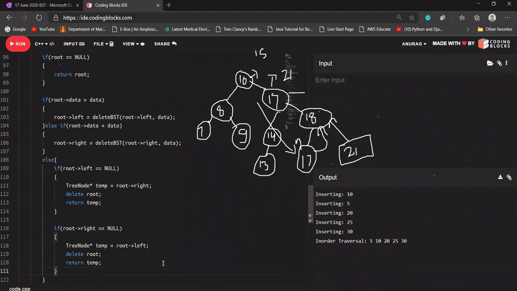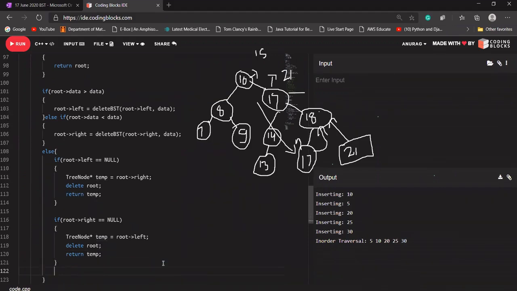If both are not the case, it will come now into line number 122, because it will return from here, so I do not need to use an else part. It will come only if both conditions do not satisfy here. Okay, so in that case I'm going to check what is the case. It means its left and right are not null. I have to check my in-order predecessor or successor.